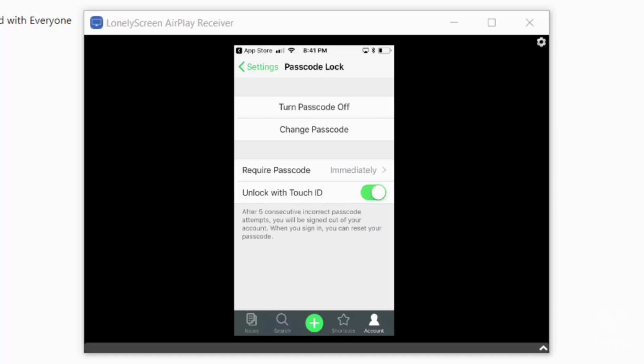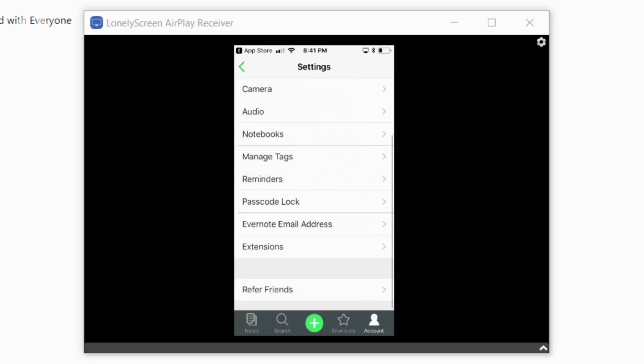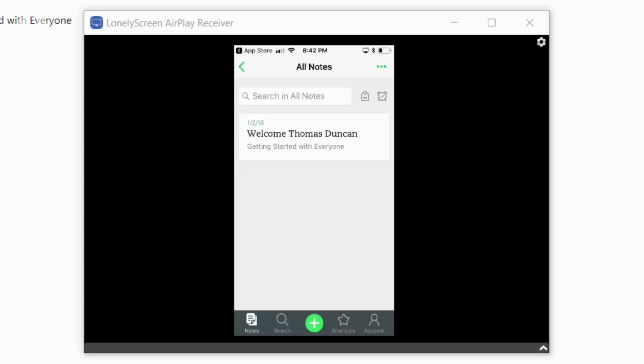Once you've done that, you can exit by clicking the settings link. And you can exit again by clicking the arrow at the top. Our mobile device is now enabled along with our desktop as well as our web app. If we have to sync our account, we will click the